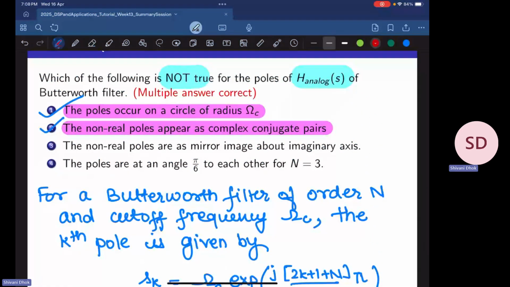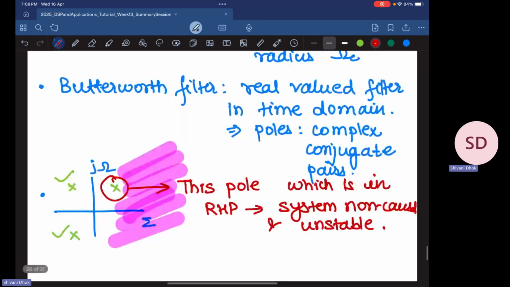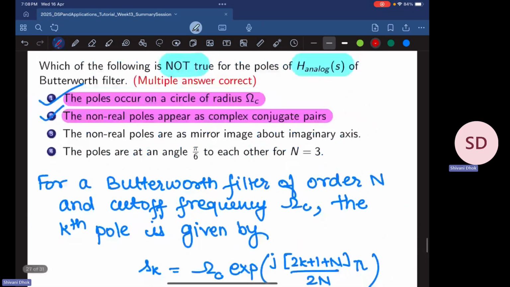We rather discard those poles which are in the right hand side plane. So they can't be mirror image. They can be mirror image only with respect to the real axis and not the imaginary axis. So this is wrong. And the last option is the poles are at an angle of pi by 6 to